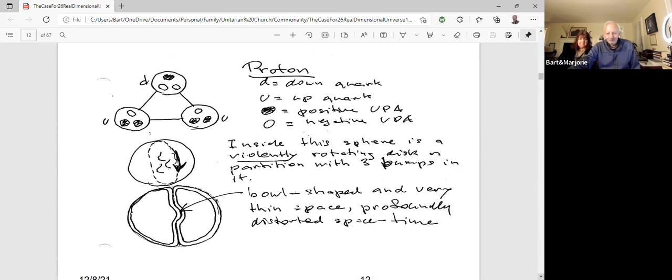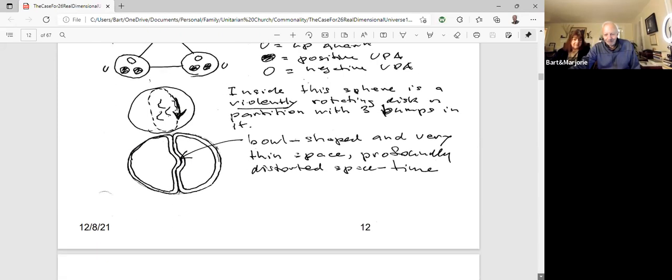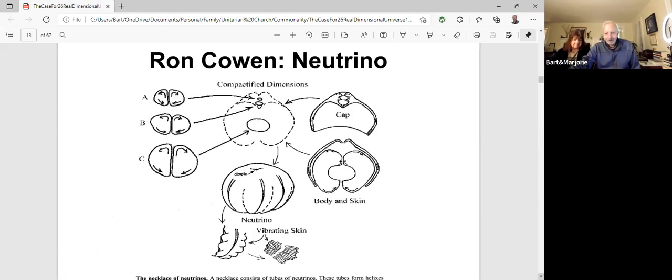Here's a picture of the proton, which is made up of 9 subquarks. 3 subquarks make a quark. So he shows a down quark, an up quark, and an up quark. Here, 3 up quarks in total. 9 subquarks make up a proton, and they're all vibrating around like crazy. And he observed that they split into a little mess here where, if there's 9 here, 5 is on this side and 4 is on the other side somehow, and that leads to this funny vibration. Then there were these neutrinos, and the neutrinos,